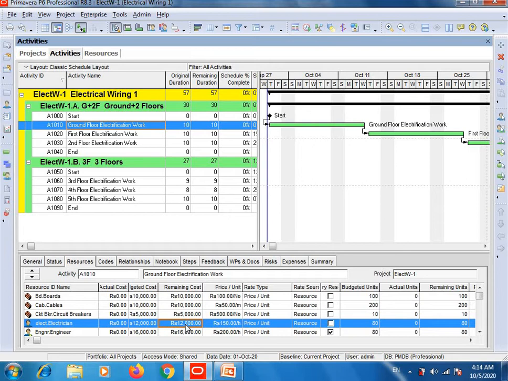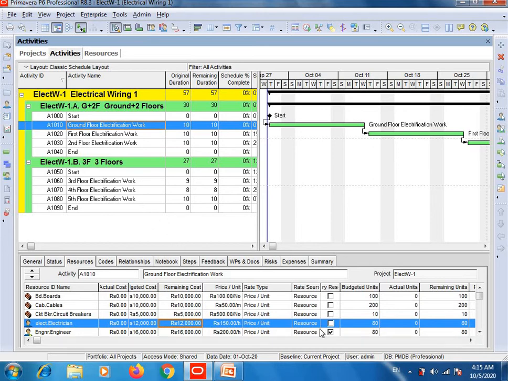But let me tell you one tricky part, that this is the one electrician entry. It means that there is only one electrician doing the first activity work, which is ground floor electrification work.